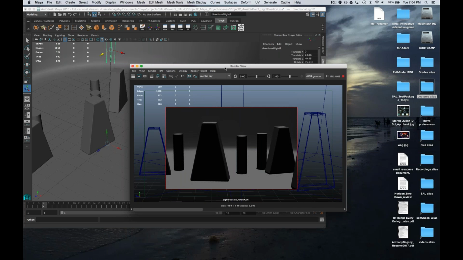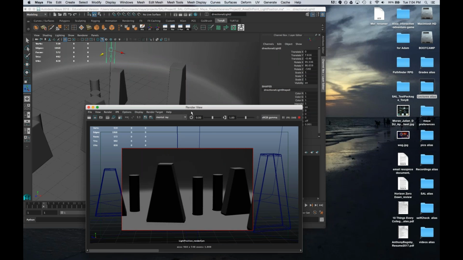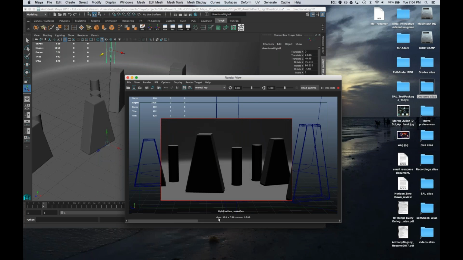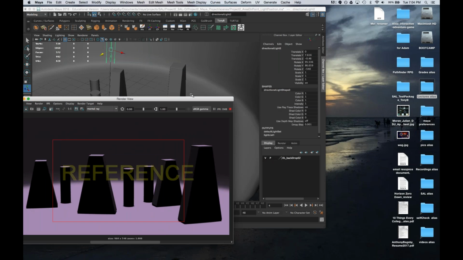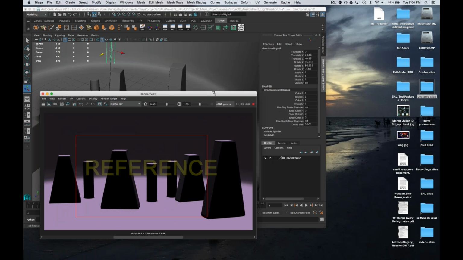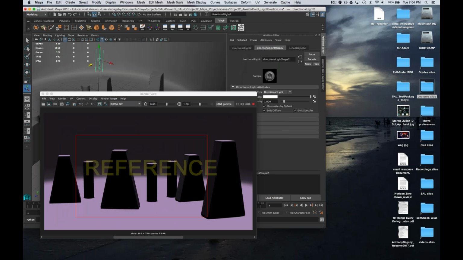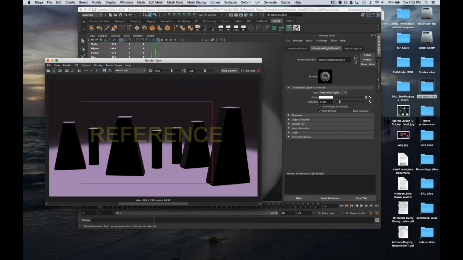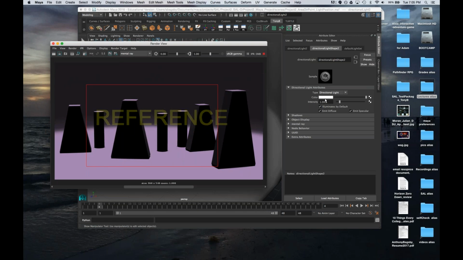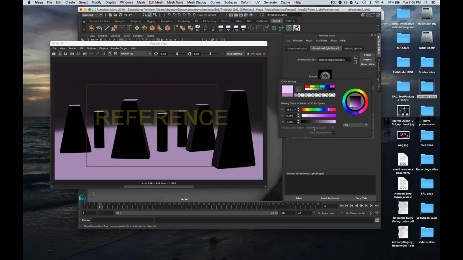Now that we've got that, we're going to worry about our intensity and our color. The first thing I'm going to try and match is the color because I think my intensity is pretty correct. And we're going to go into our light settings, attribute editor. I'm not that worried about what's going on in here. So now I'm going to take this and I can use the color picker, and I'm going to pick right here. Now, value should always be at 100%.